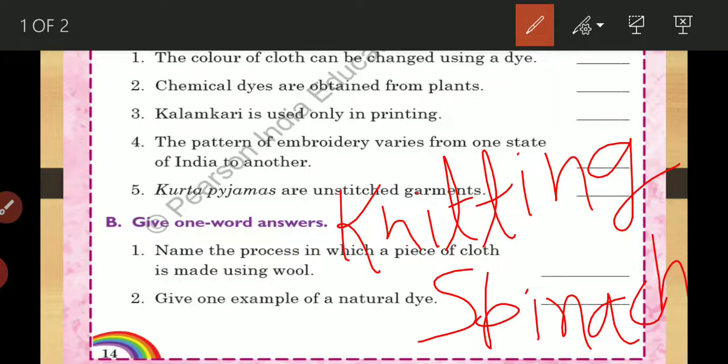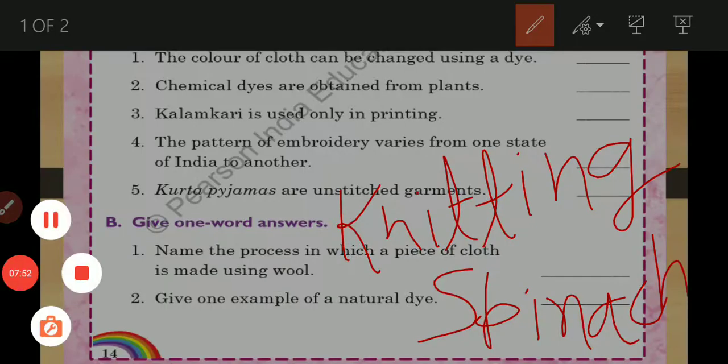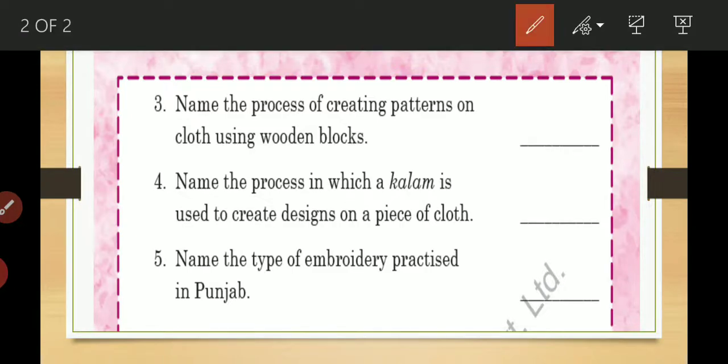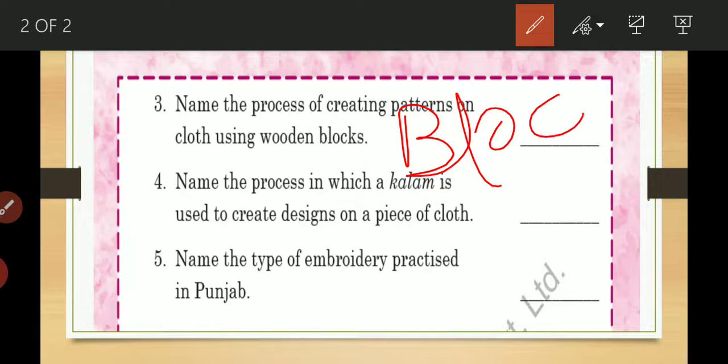All of you do in your books. Now come on the next question. Name the process of creating patterns on cloth using wooden blocks. What is the answer? Answer is block printing. Write down here, block printing.